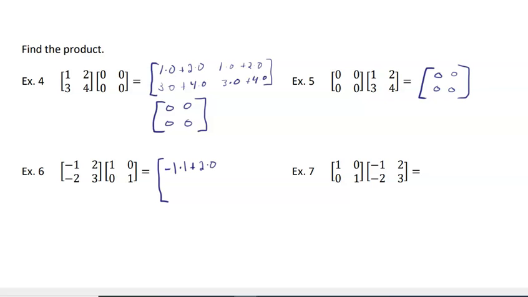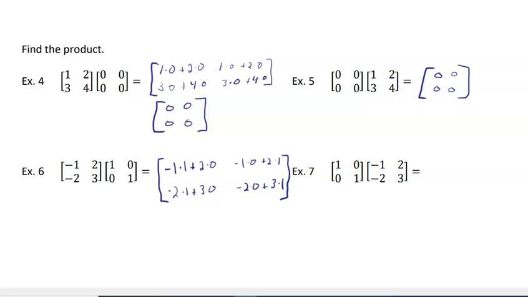That's our first element. And then we get negative 1 times 0 plus 2 times 1. And then we get negative 2 times 1 plus 3 times 0 and negative 2 times 0 plus 3 times